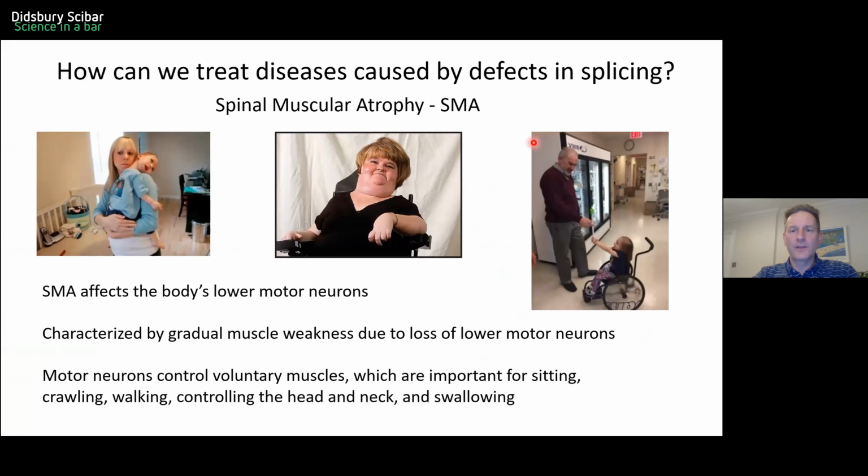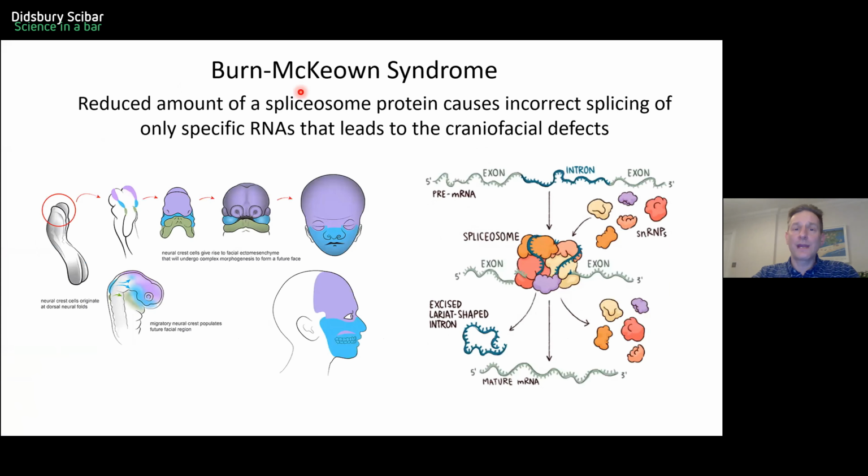So I've got a bit more. I haven't really talked about treatment. Obviously we haven't gotten to the point where we could do treatments for Burn-McEwen syndrome. We can't get in and treat the embryos during early development, but maybe in the future there could be some ways we could do that. And knowing the information that we know now could be useful for that.